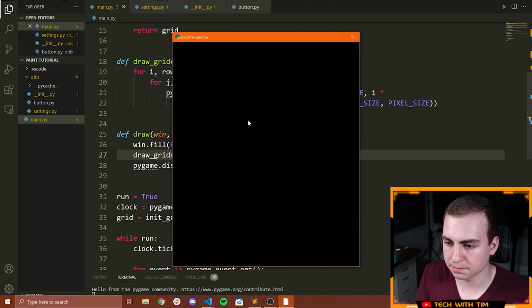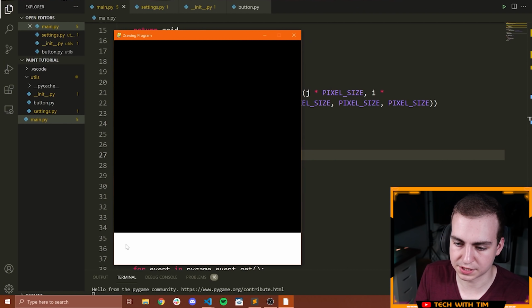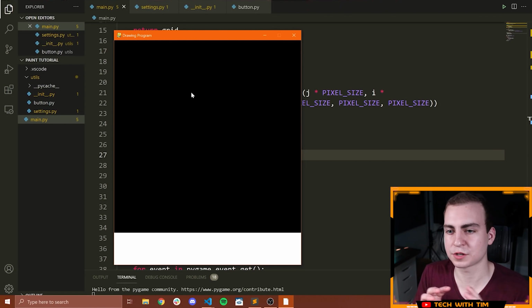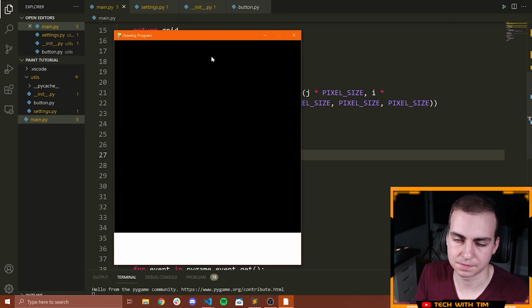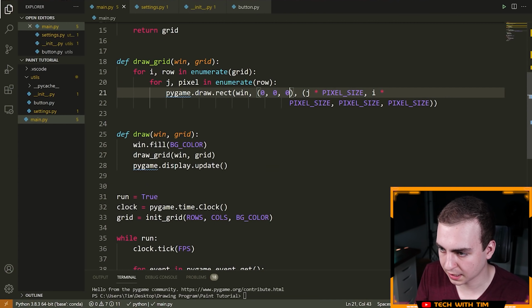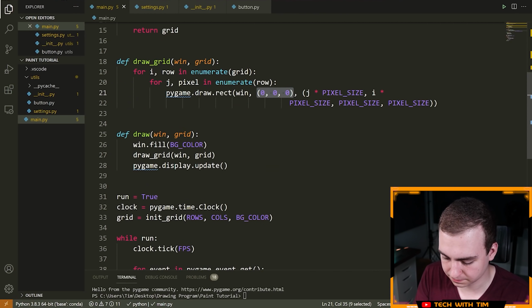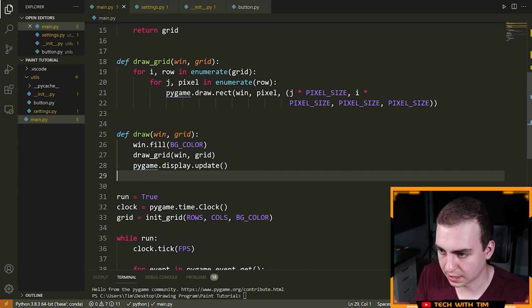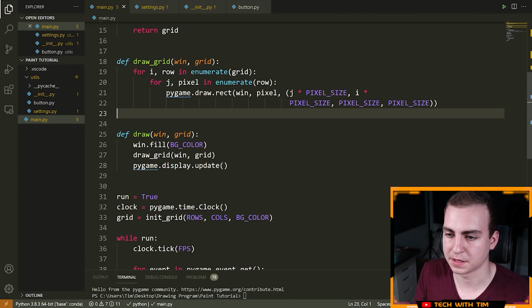So let's just run the program. And now notice how we have our white, and then we have this big clump of black. Obviously, all of the pixels are the same color, and so it looks like there are no pixels there at all, but there are multiple pixels there. They're just all black. Okay, so let's go back here and change this now to say pixel. Now we'll actually draw whatever the color of these pixels are.